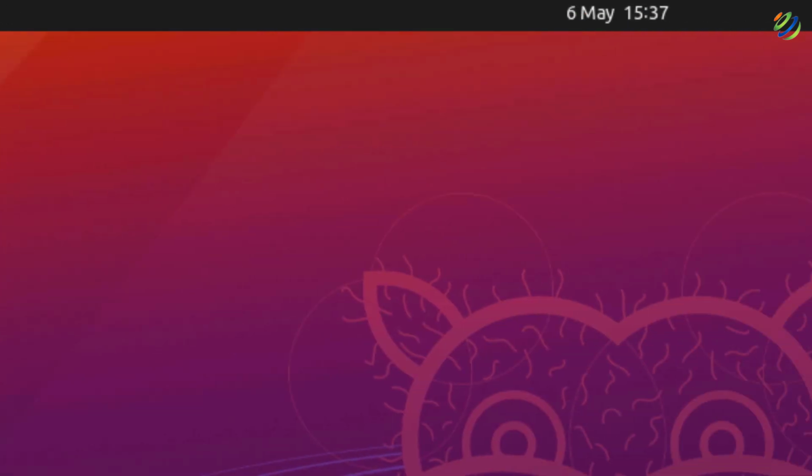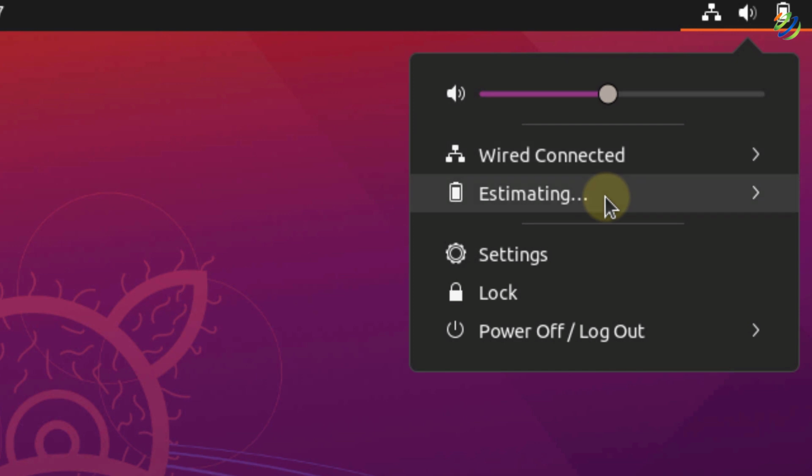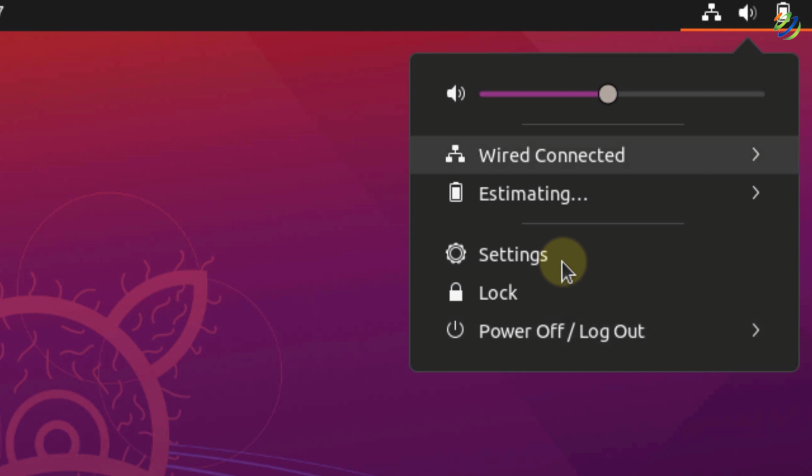At last, we have these utility icons. If I click on it, further down we have different other utilities available. For example, I can go to system settings straight away from here. Then I can have the power option, meaning you can log out, you can restart, or you can shut down your machine from here. And we have our network settings here. So this was all about the default desktop structure in GNOME 40.